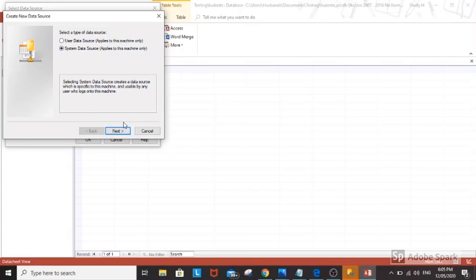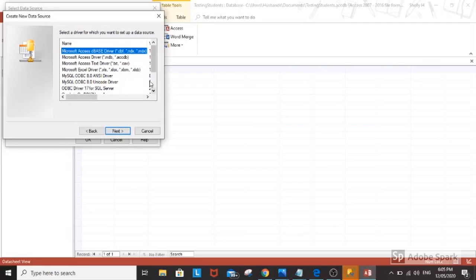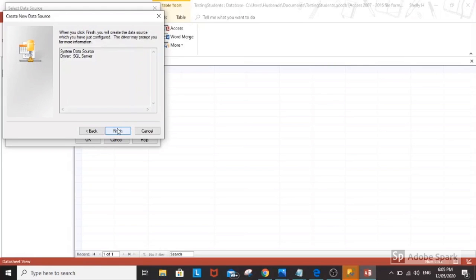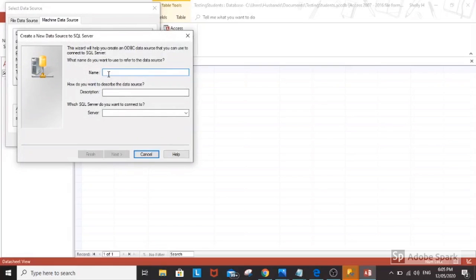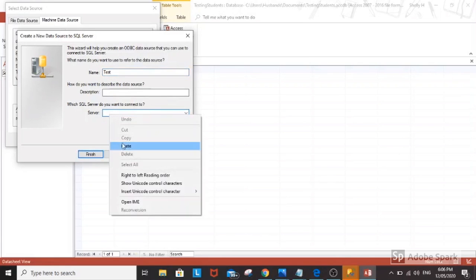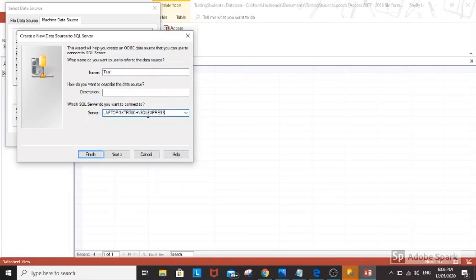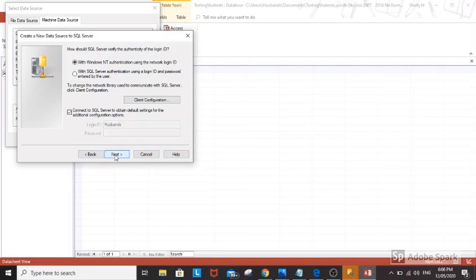Hit next. Scroll until you see SQL Server and you will pick that option and then hit next. Then finish and give it a name. By server, you would paste the server name that you copied earlier on. Hit next, next again,